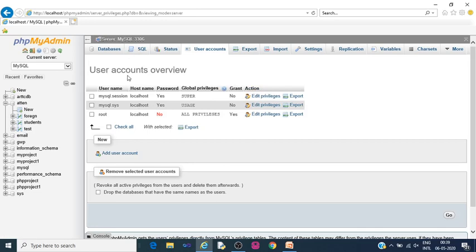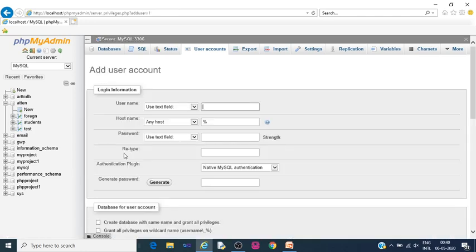Here we can see the list of users who can access this MySQL server. MySQL.session and MySQL.sys are system users which are used to manage this MySQL server and databases. And root is the default user which is used to access the server. So if we want to add a new user, we can click here, add user account,